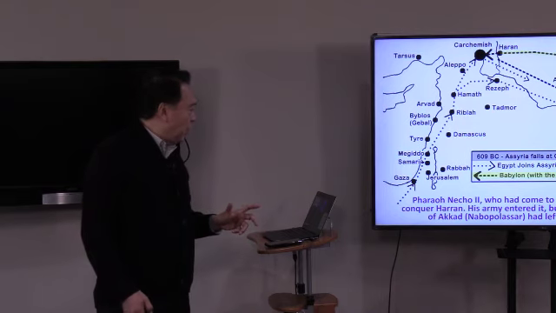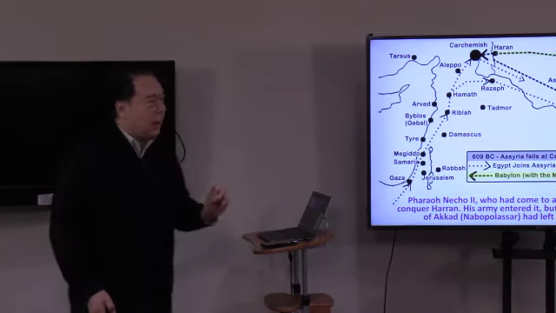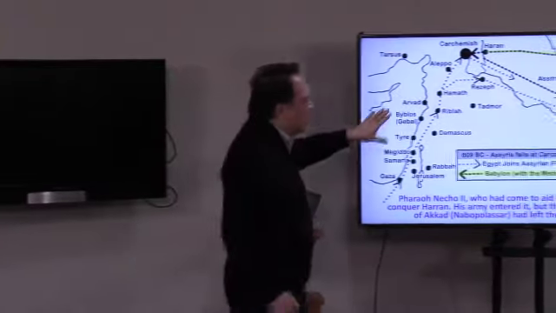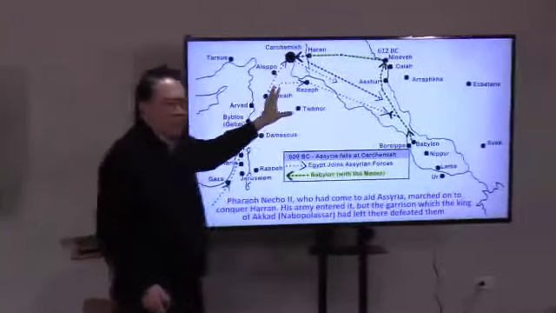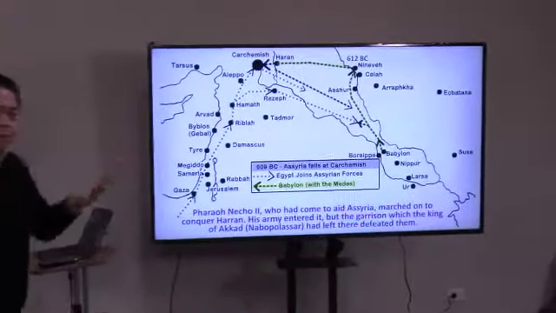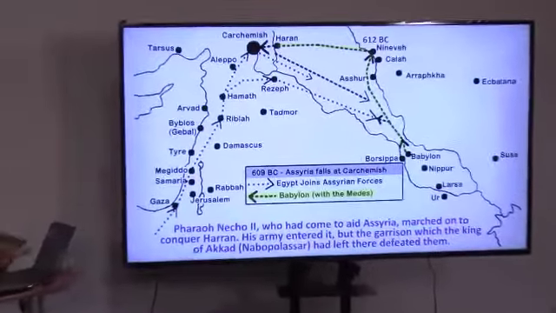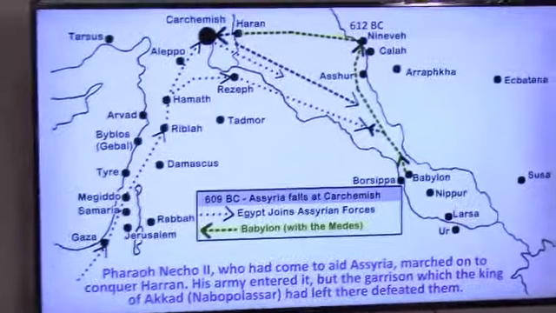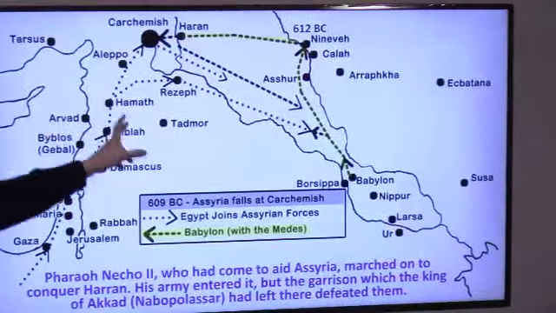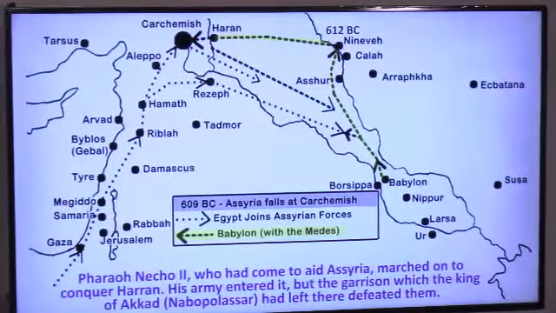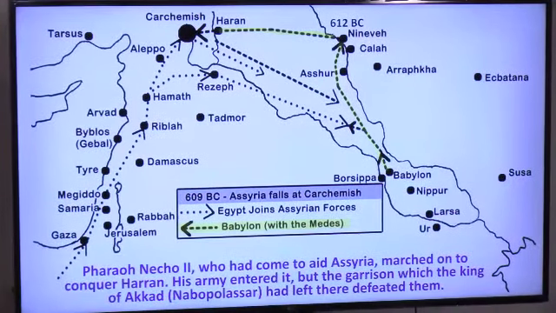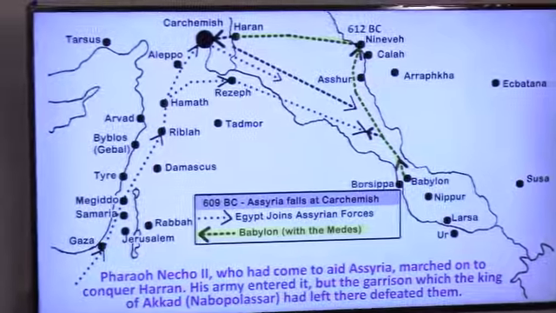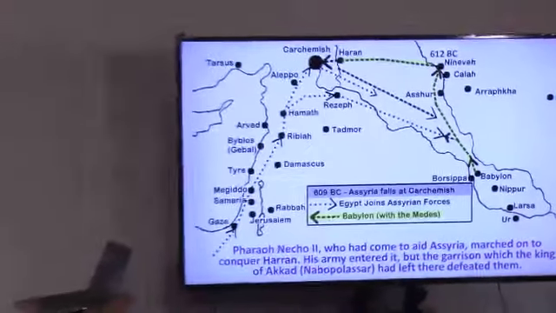But there's something very interesting here. I'd like to discuss this with you. One of the major edifices in Haran was the Temple of Sin, or the moon god Sin. And in the temple of Haran was a priestess. The priestess' name was Adagope. Adagope turns out to be the mother of Nabonidus, and we'll go there in a little while.